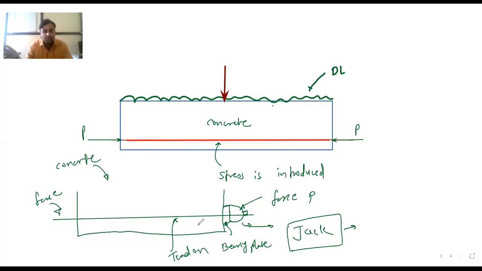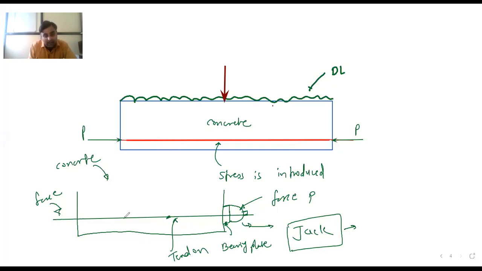Nowadays, with this technology, we know how much stress we want to introduce in the concrete member. After analyzing the structure, we know all the values. That is the input given to that jack. If it is automatic, then through the computer. If it is manual, then the rotation or whatever system is there. The dial gauges are also there. So that input is given to the jack, and that jack introduces the stress in this tendon.